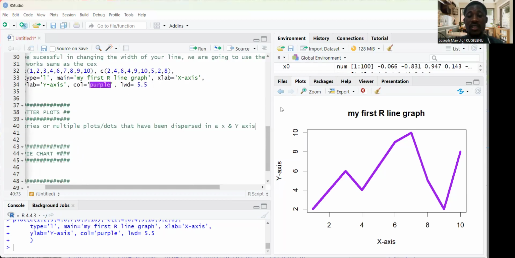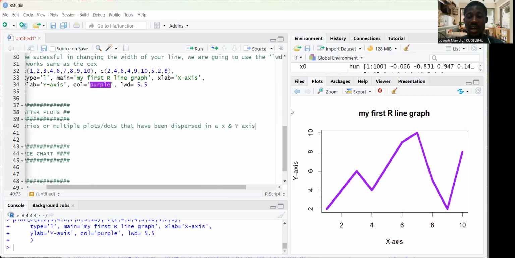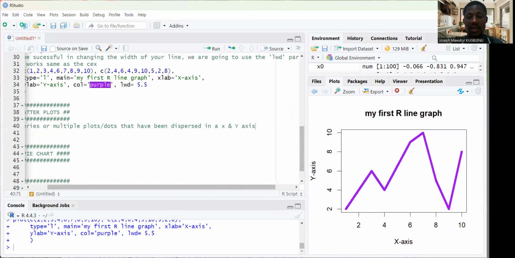So whenever you have multiple points that have been dispersed, then in that case we have what we call a scatter plot. But I tell you one thing, as far as scatter plot is concerned, it's not necessarily about the plot per se. But it tells us the relationship between two numeric